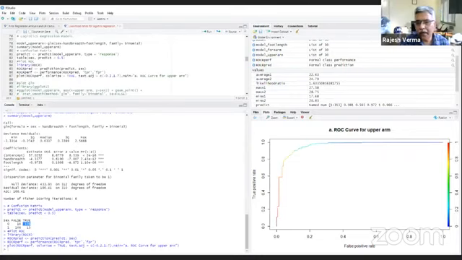See, now it has more area below this curve. So this is how we can prepare logistic regression models, and we can combine different models. You can practice further on these lines. Suppose further we add another variable, say foot length, foot breadth.